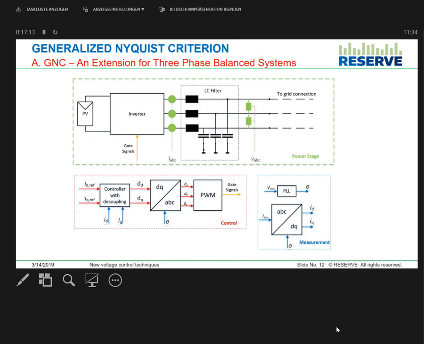So it looks something like this. You have the converter here. This is the inductor. This is the capacitor. You're taking the measurement of the bus voltage and the inductor currents, and then the grid voltage is passed into